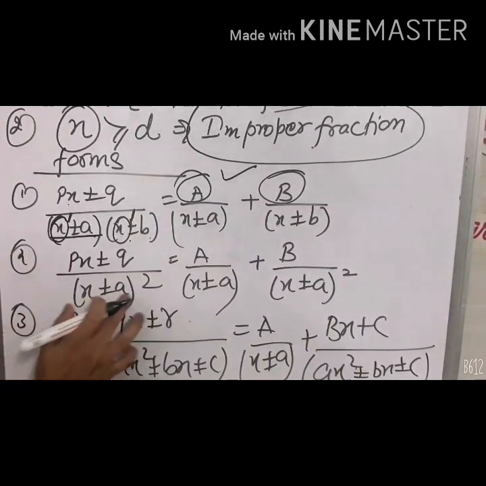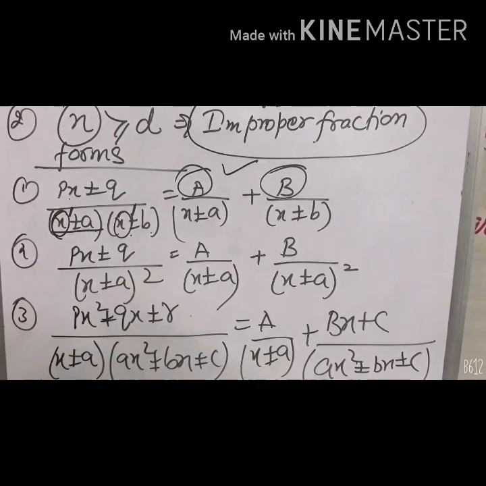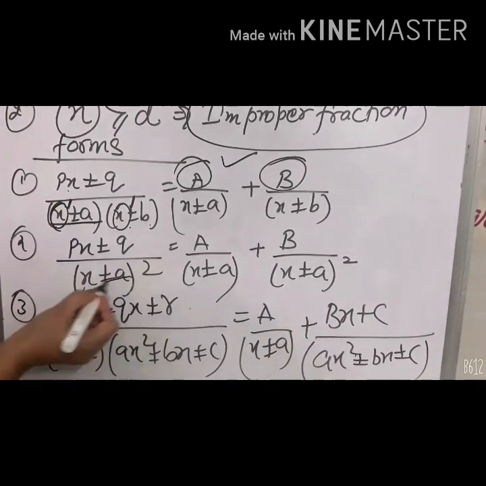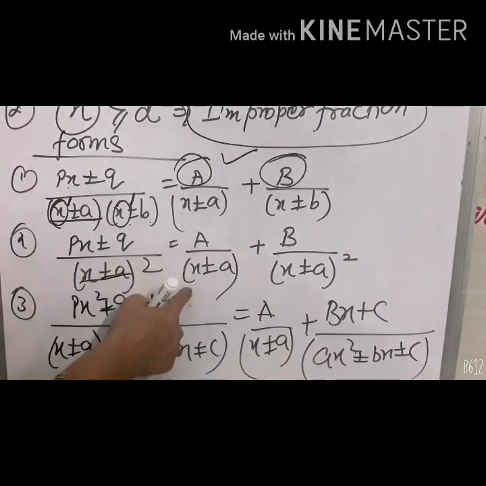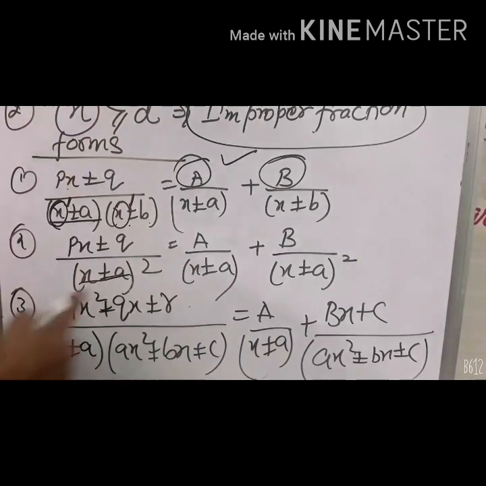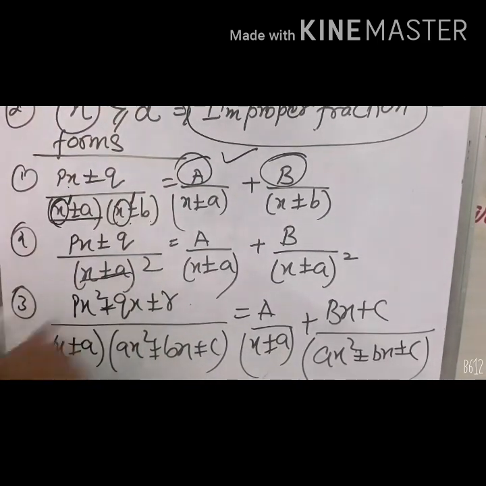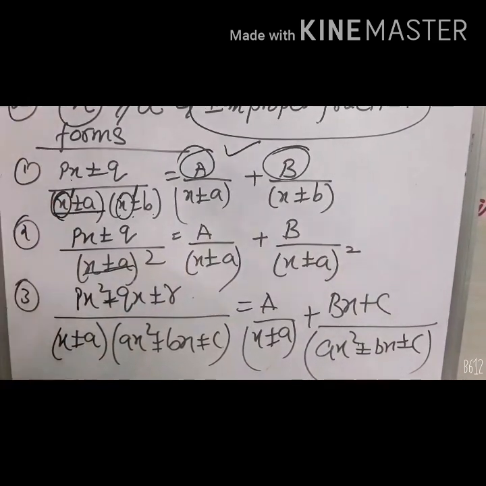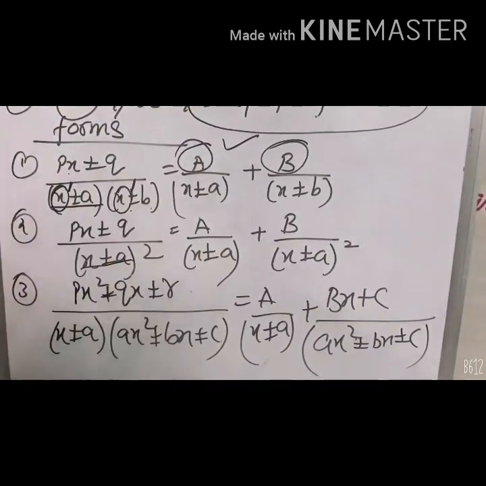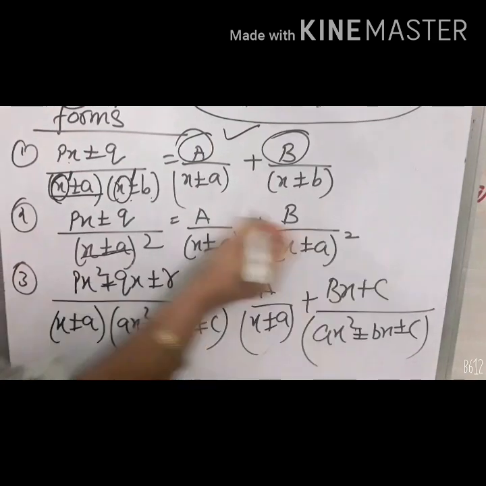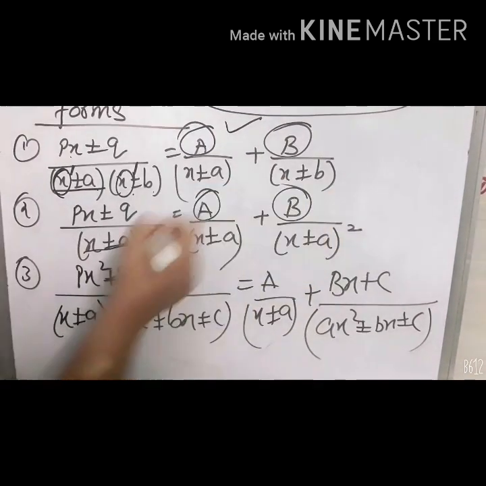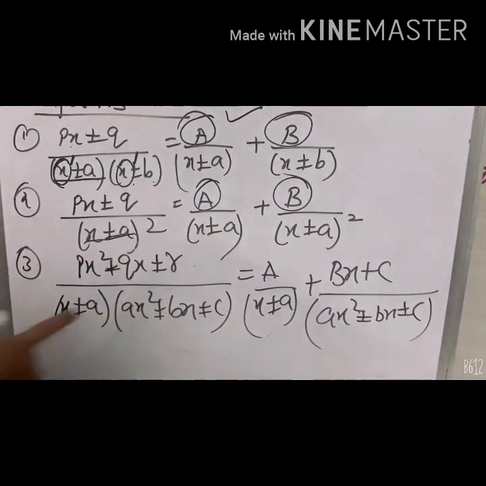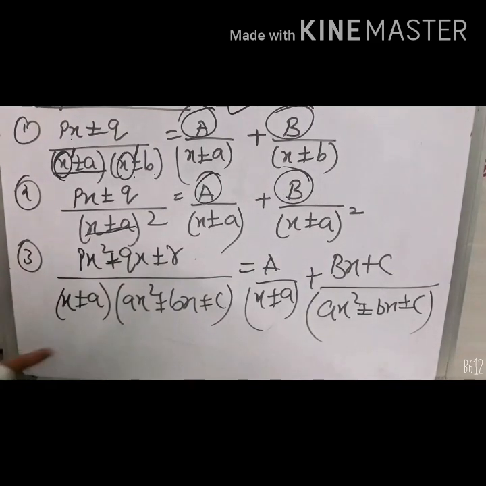When it is (x plus minus a) ka whole square, but it is a linear one, what I will do, I will start from the lower degree. Power 1 before 2, and then it becomes 2. Means you need to take it from low to high power. I took the single constant only because it is a linear equation.